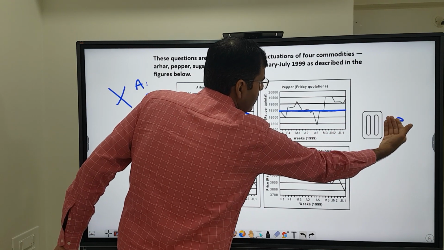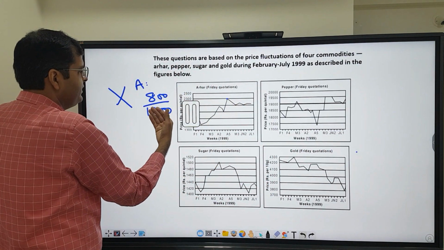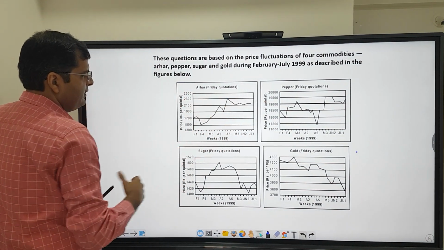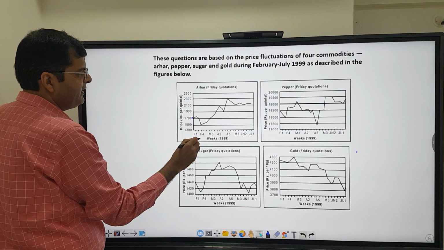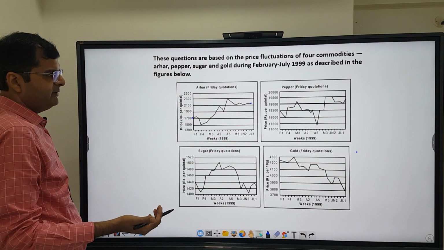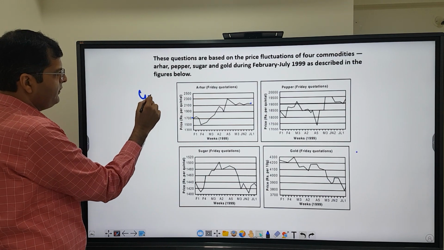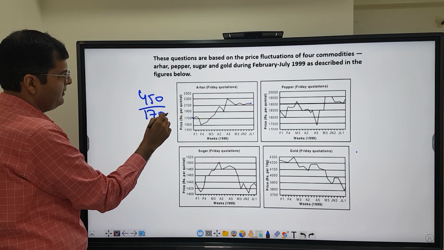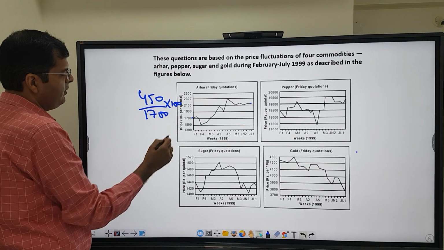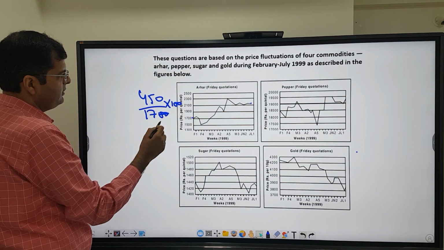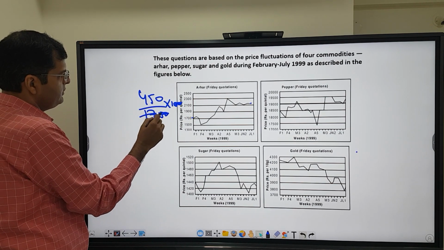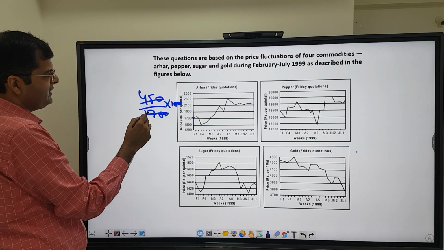So first, 100 rupees invested on arhar. If you invest almost 1700 on arhar at the start, you get almost 2150 back. So you're getting 450 on 1700. If you're investing 100, you multiply it by 100, and how much do you get back? So this zero goes away. 450 upon 17, if I do that, 17 ones are 17, 17 twos are